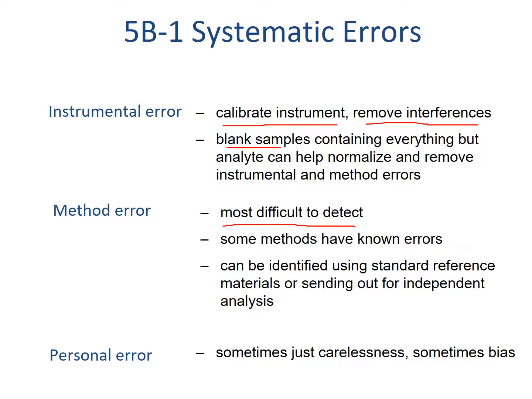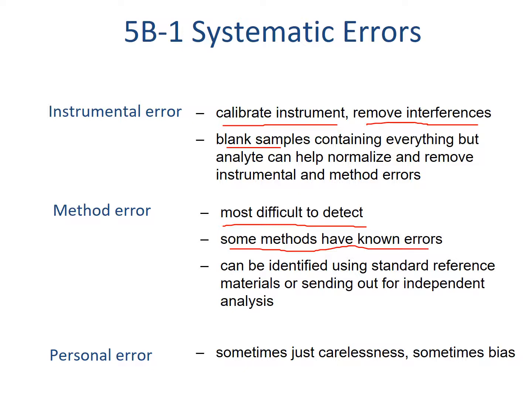We can have method error. This is really difficult to detect, but it's easiest to deal with if we have known errors with a method. So if we know, like if we're titrating, every time we titrate, in order to get that color change, we actually have to change the protonation of an indicator, and the indicator needs a certain amount of additional base past the endpoint in order for us to get the value right. We can blank titrate, so we can titrate just the indicator with no sample, but the same volume, and that can be a good way for controlling that,